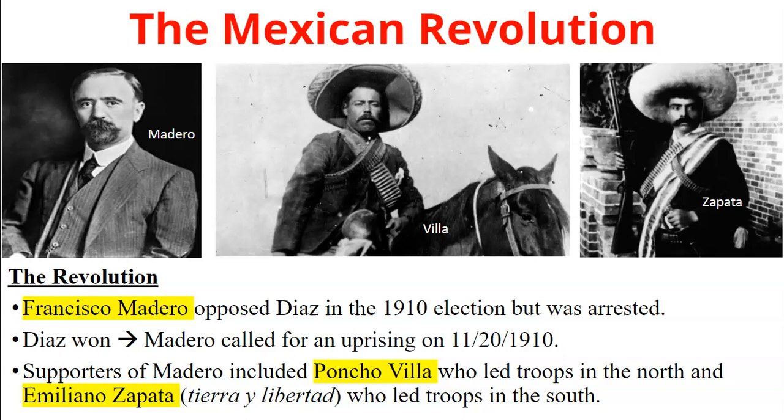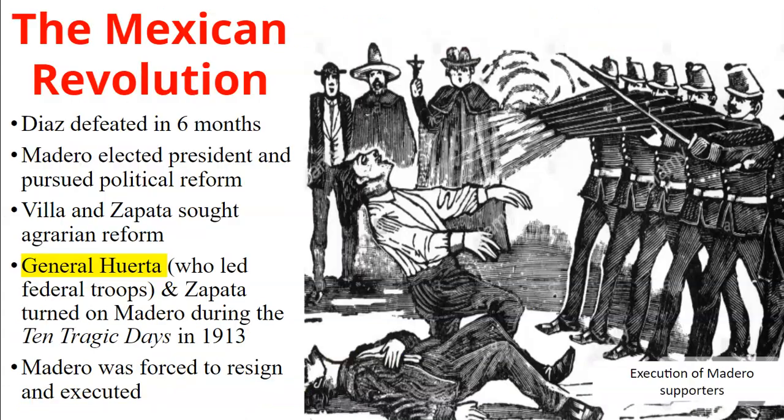The results are rigged. So Diaz wins. Therefore, this causes an uprising, and Madero and all these others are going to revolt. And Madero's got Pancho Villa on his side and Emiliano Zapata. Please keep that name in mind, Zapata, because he's going to show up a little bit later. All right, there's an armed conflict, and eventually Diaz is actually forced out, and the Treaty of Ciudad Juarez is signed. Therefore, we are going to hold new elections, and Madero becomes the president in 1911.